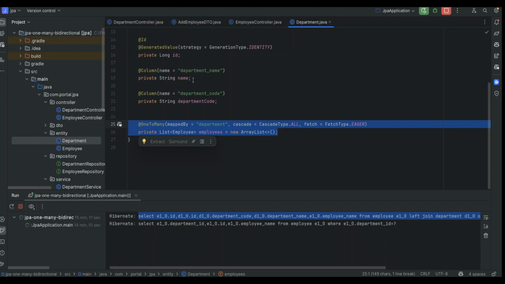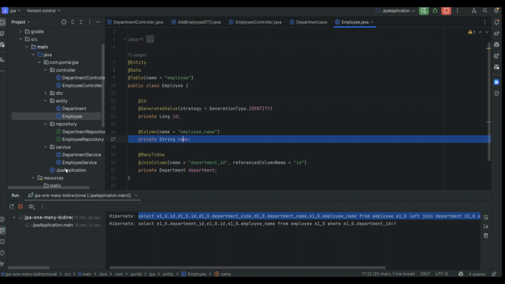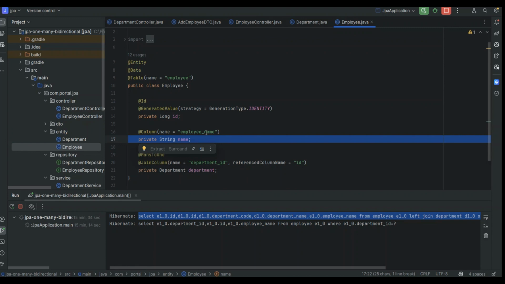In this way we can use a one-to-many bidirectional relationship. This is a very small, basic example I have given. There can be some complex things also, but in complex cases it is sometimes helpful. So that is all about one-to-many